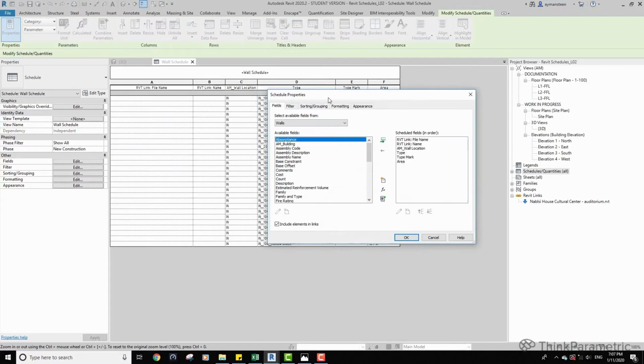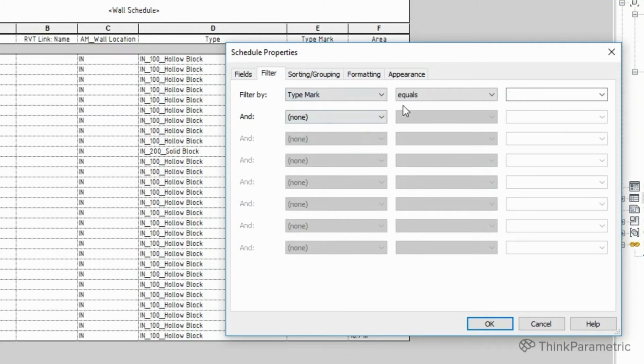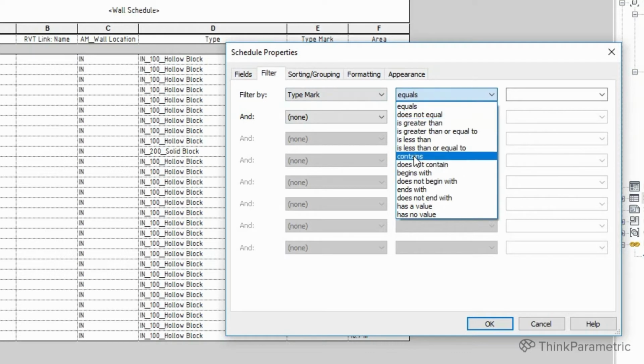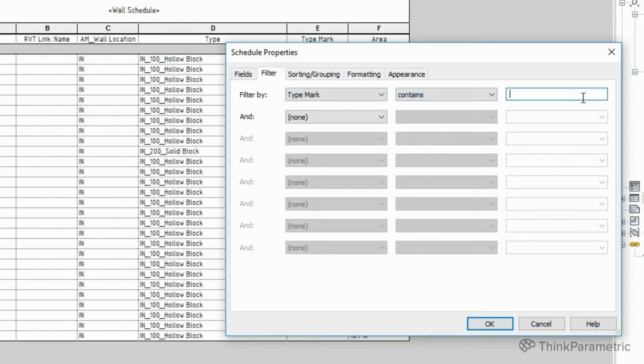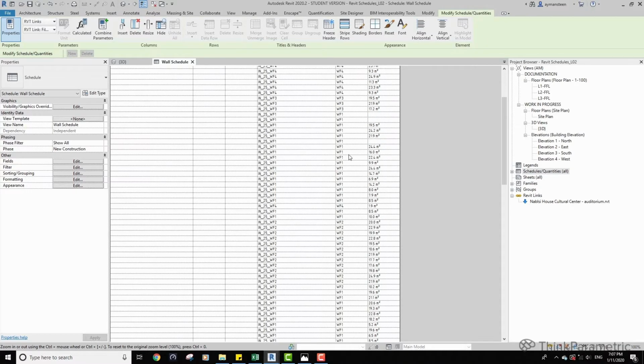We can see that we do not have a value for the finishes. So we want to remove this wall location and we want to check the type mark, and we want to use the contains operator and type WF. When we type WF, as you can see that we have these walls right here.